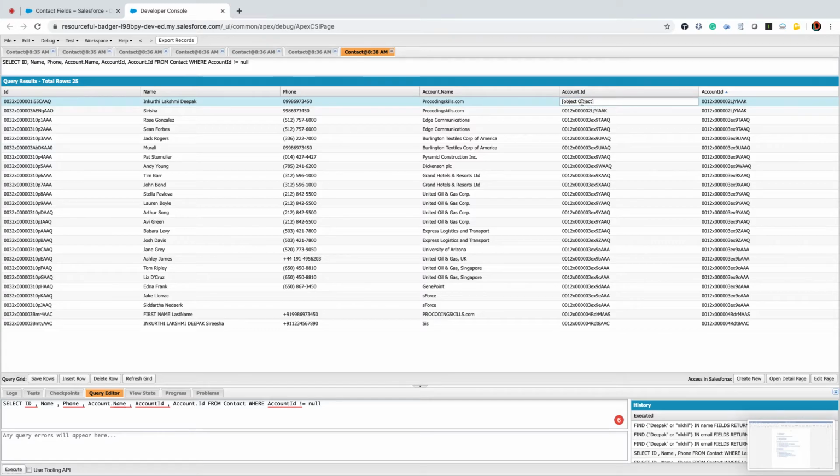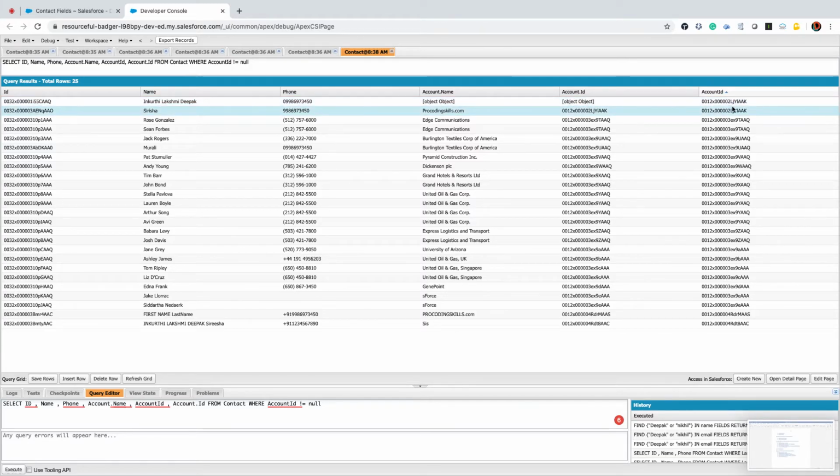If I try to edit, I can edit AccountId. So AccountId is a contact field. Account.Id is a parent field, I mean an account field. You can't modify your account fields inside child relationship queries. If you are trying to update parent details from the child query, you can't do that.